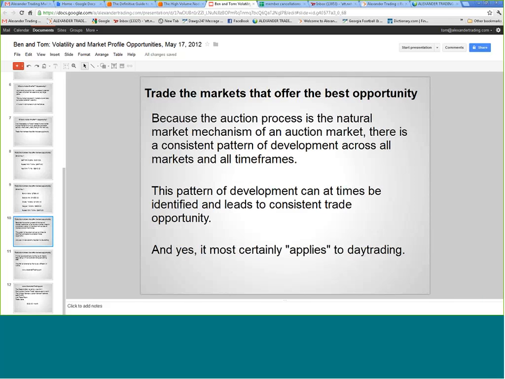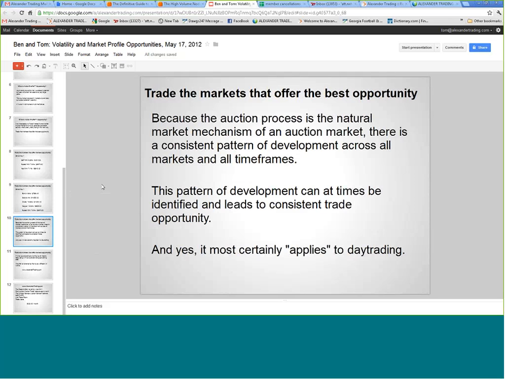Now, the auction process is the natural market mechanism of an auction market. So there's a consistent pattern of development across these markets and all time frames. Because there's a consistent pattern of development, this is where you can develop a trading edge. And yeah, it does apply to day trading. I know most of you out there probably go, well, but does this work in day trading? I don't hold things overnight. Yes, it does work in day trading, but I promise you,